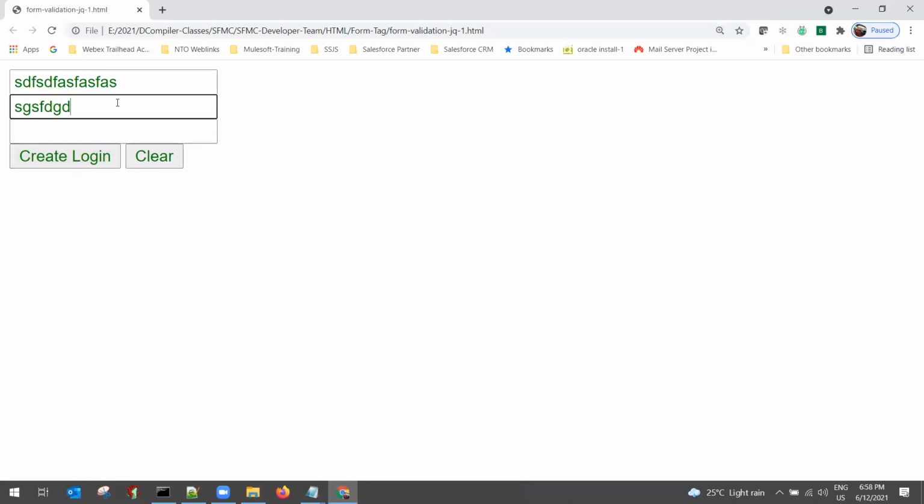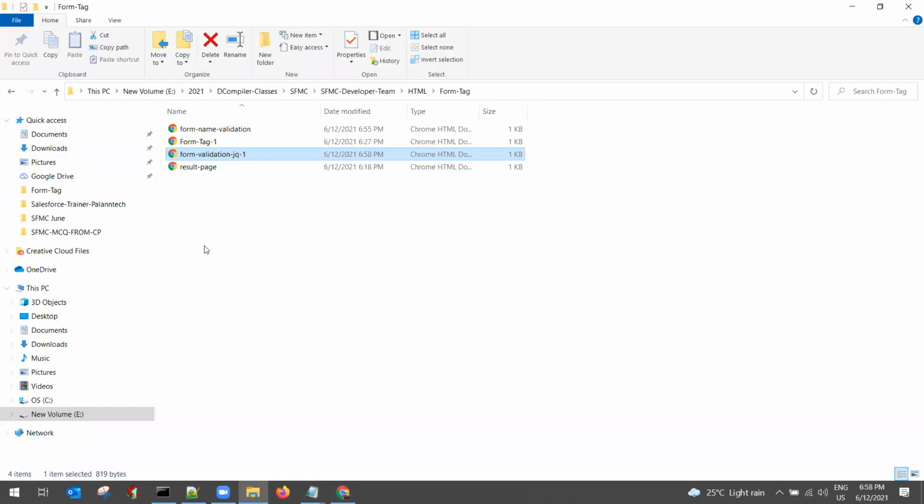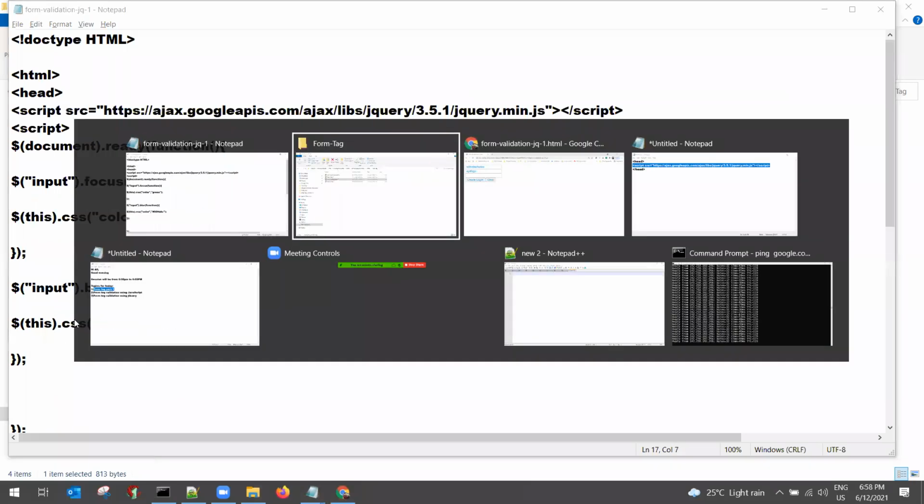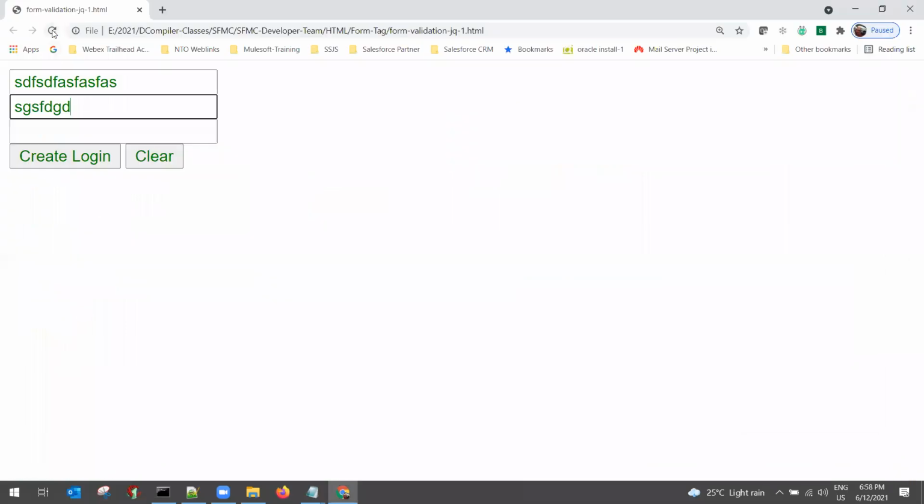But the blue color, I'm not able to see because I've written input. I'll change it to the object, the current object where I'm doing the event. The current object where I'm doing the event. I'll change, no double quotes. I'll reload this. When I type, it's green. If I move out,